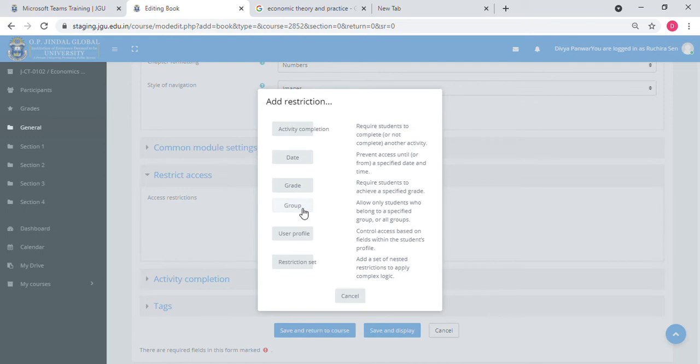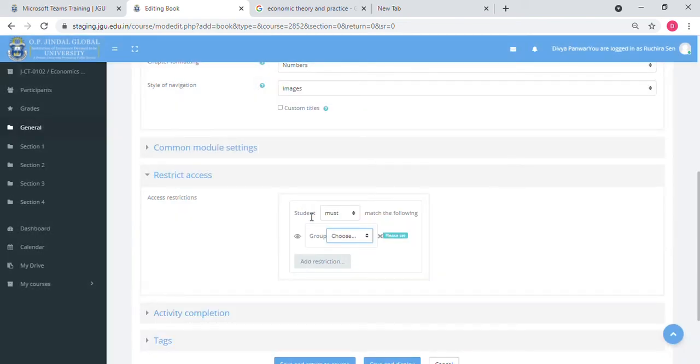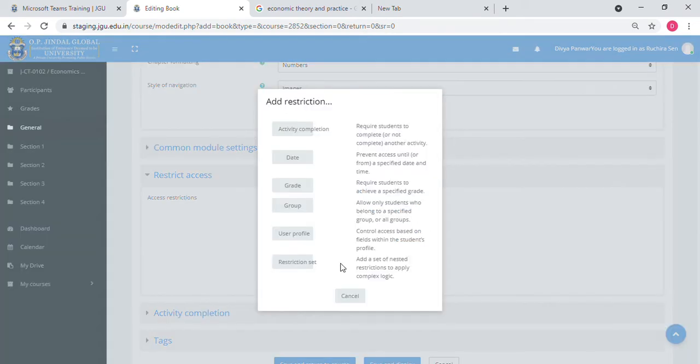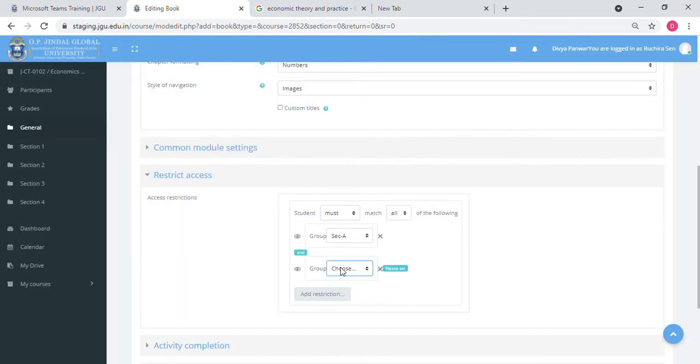From this pop-up window, select group and choose the group. Then again, if you want to add one more section, then click on this add restriction button and follow the same process.